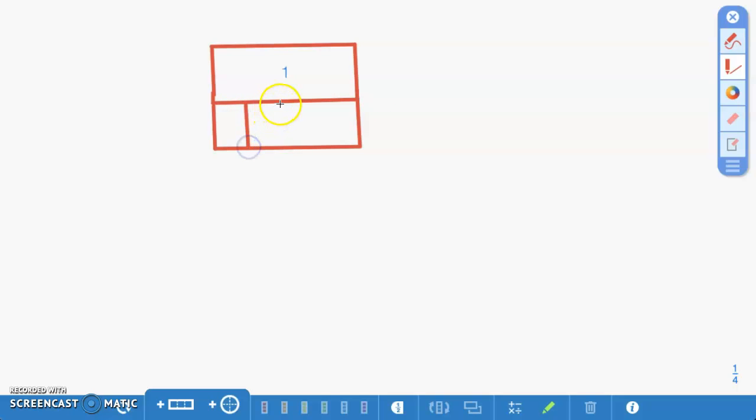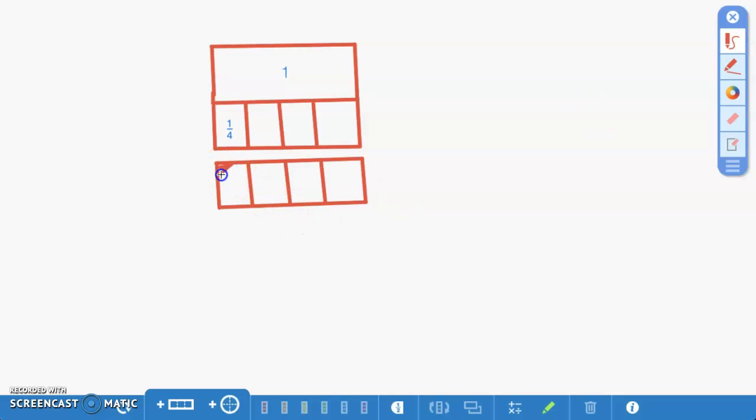So 1, 2, 3, 4. So 4. And I'm going to place my 1/4 here. This is going to be shaded in, so I can have it underneath here as a better visual. 1, 2, 3, 4 pieces. This is my shaded 1/4